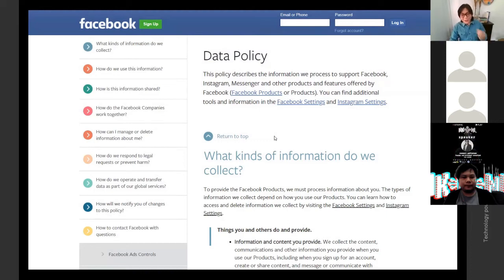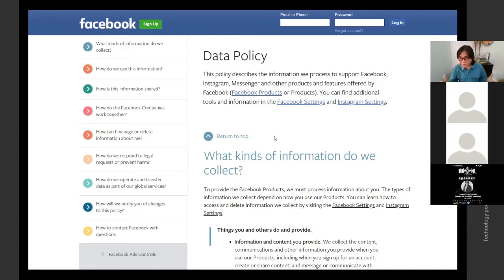Now, who here does not read the privacy policy and terms and conditions when signing up for an application, just like how normal people would? Show me your thumbs up. Okay. Now, who here, or is there someone here who is not a normal person and actually takes the time to read all of that? See, I wouldn't think so.